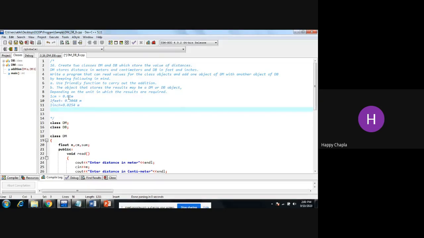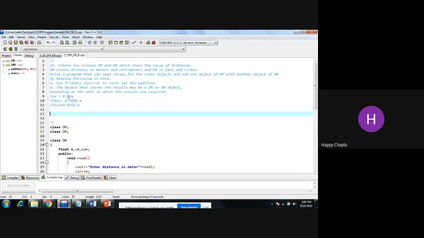And for the feet, if I have 1 meter, then it equals 3.280 feet.